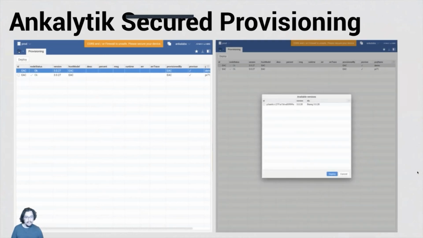So once you select a clustered node, it will look at which version it is on, and we have a secured package that is utilizing a cloud service. We can download that and deploy that to the edge node. It is very similar to how we operate our cellular phones.